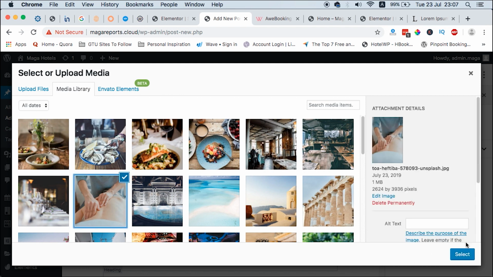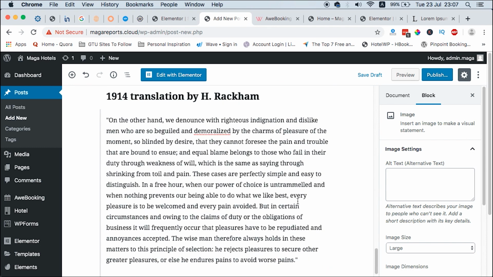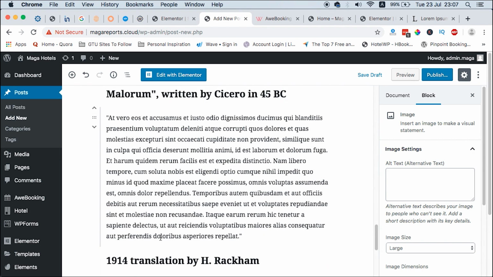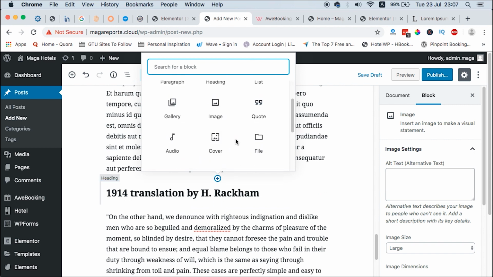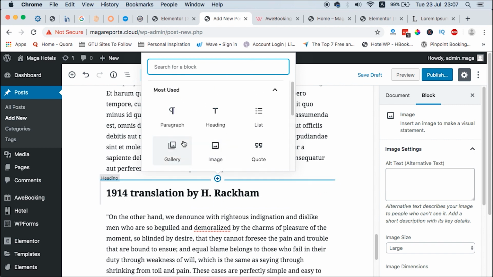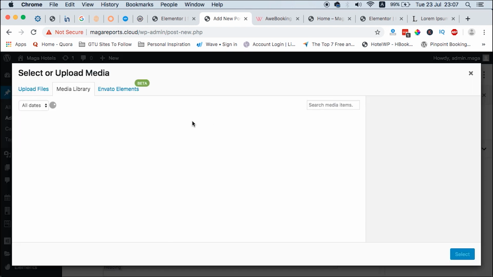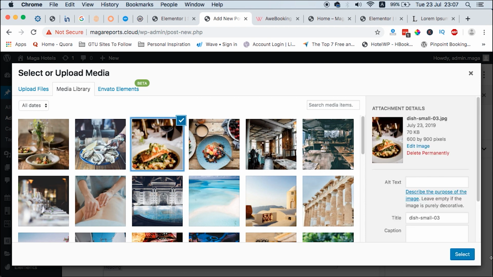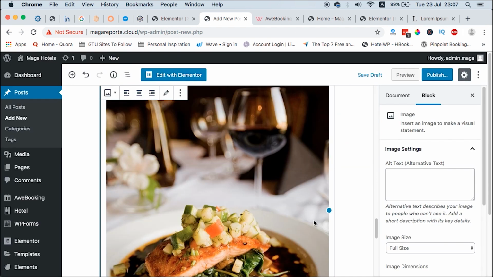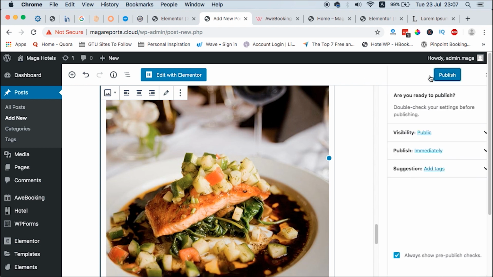We can give people more details about what we do in that hotel. We can add also another image here. We can even add a gallery. We can add a lot more other things. Let me just choose an image, and then I select, maybe say someone wants to also see the food, and that's it. So we can now publish the blog,